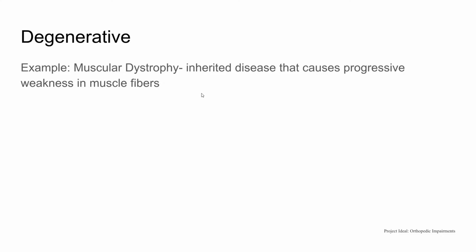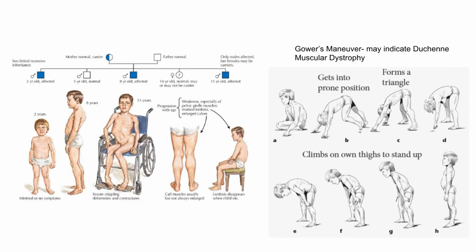A degenerative disease that would be classified under orthopedic impairments would be muscular dystrophy. So it's an inherited disease that causes progressive weakness in muscle fibers, so atrophy of the muscles. Over here I just have some examples, some illustrations. The interesting thing about muscular dystrophy is that